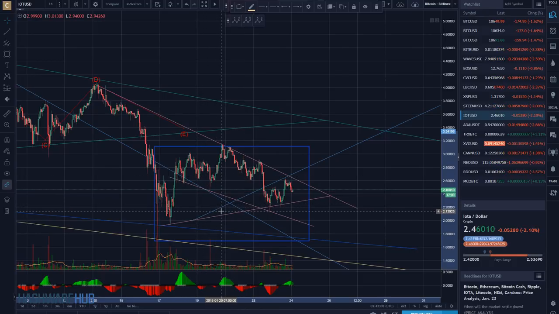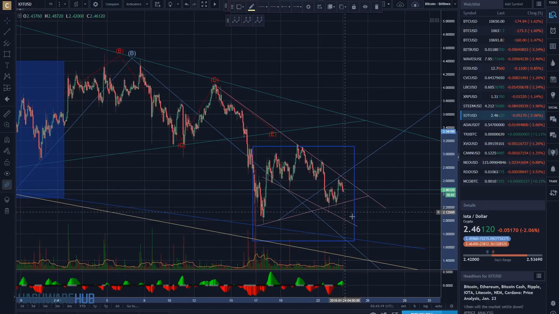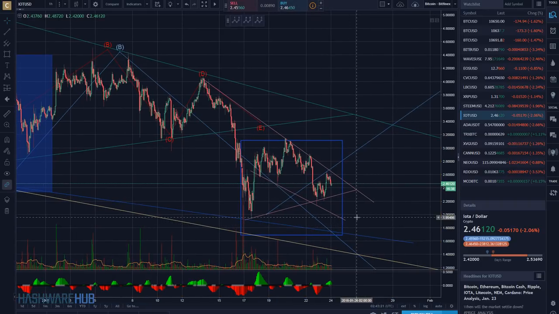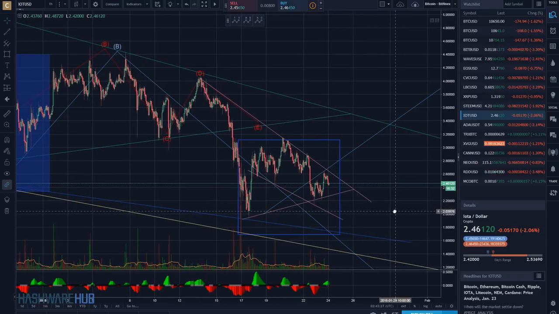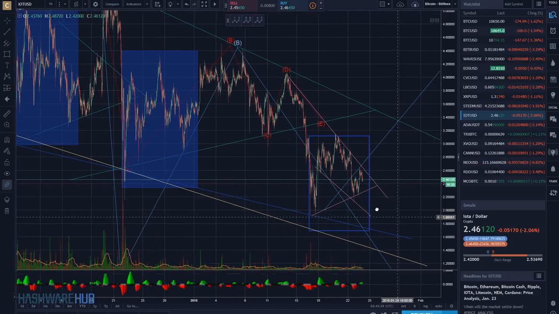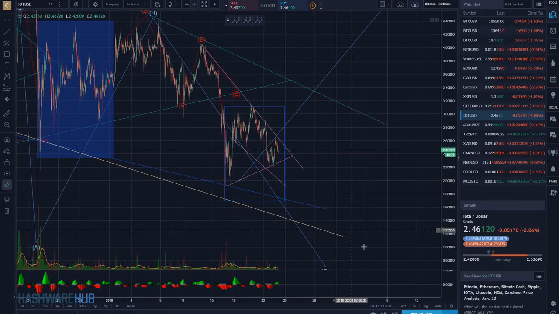So the next thing I have is that, okay, fine. If this isn't a triangle, then maybe it's some sort of channel. So I then draw this bottom line right here, which just fits beautifully. So it's one of these two things. What it is, not sure. I mean, obviously we're going to find out. In my estimation, it probably has to do something more with a channel than it does with a triangle. But like I said, we're treating it both ways. Now, if the channel were to continue down, it would obviously continue down to this blue line.